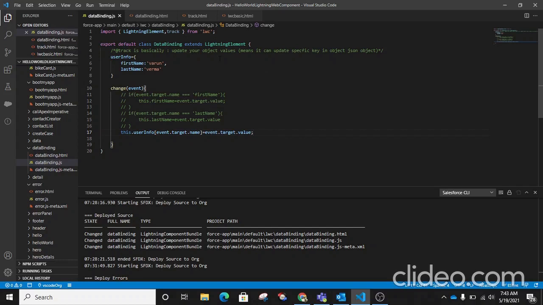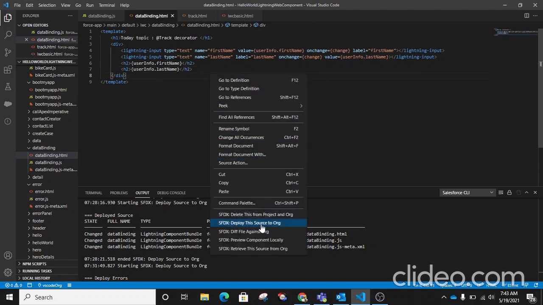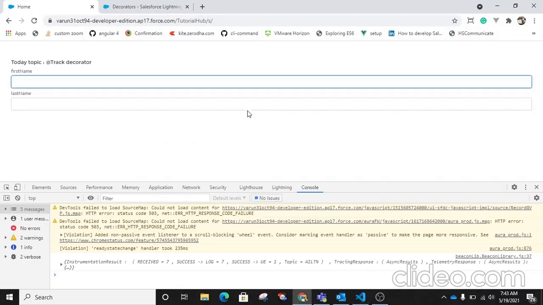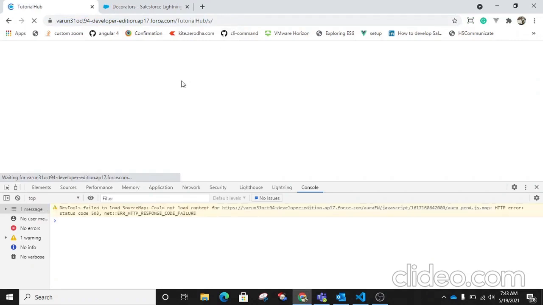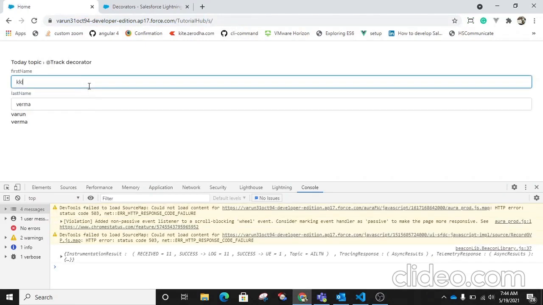Let's see. I'm deploying this. So guys, you can see I am not able to update my values here.